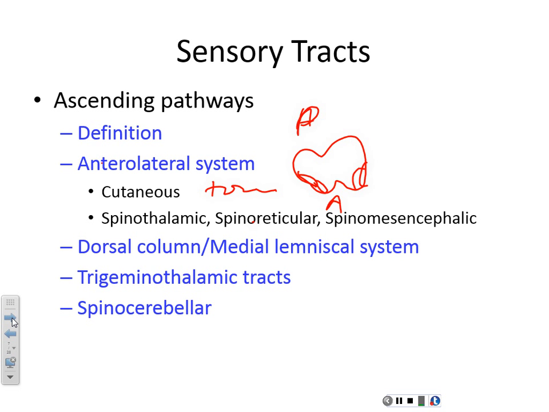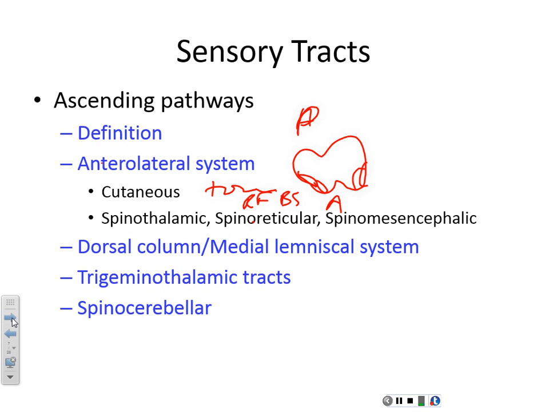Chemoreceptors, because it's all this. Look up your notes, you'll see that. And then this one, reticular formation, in the reticular formation in the brainstem. Brainstem, not BS, but brainstem. Okay, and then